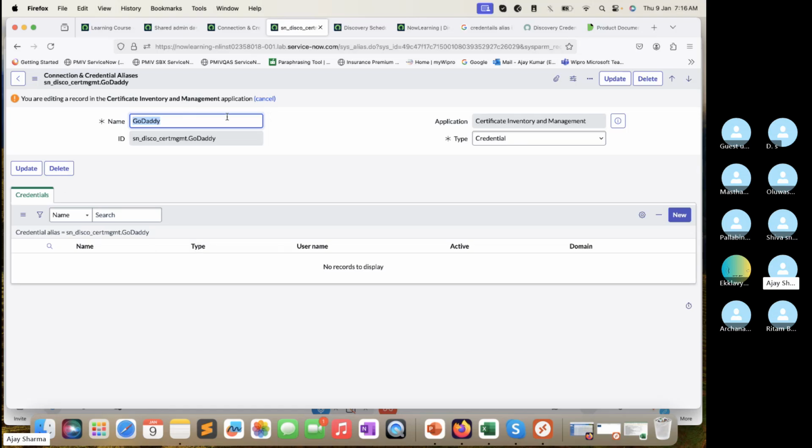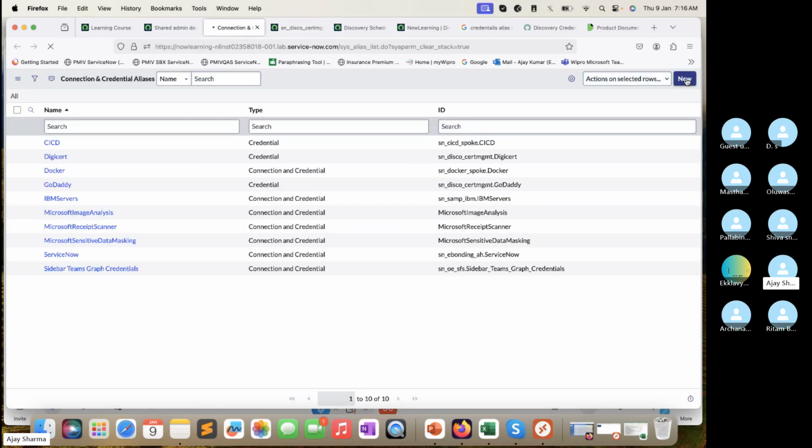So they just created it here, and when we are doing normal discovery, we can use that particular credential to run the discovery, or discover that certificate at the same time while we are running discovery on that particular discovery schedule. Right. If I go and click a new credentials or credential alias here,